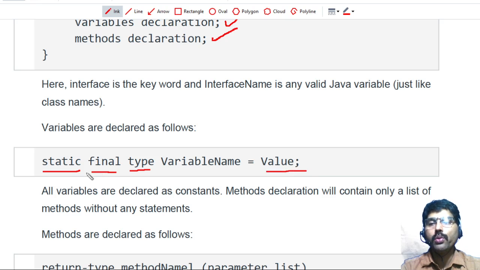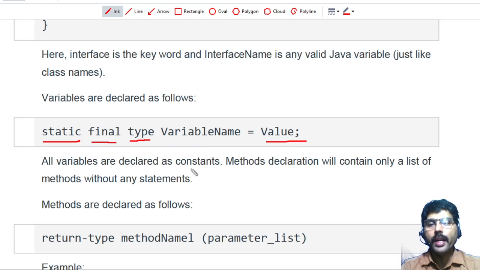These two keywords, static and final, are always needed in a variable declaration in an interface. Final means you cannot change the value, and static means this variable works like an interface variable, because I am not creating an object of it, so it works like an interface variable.